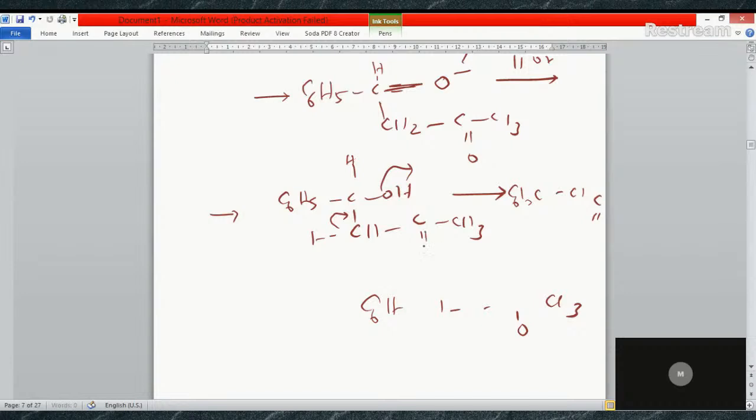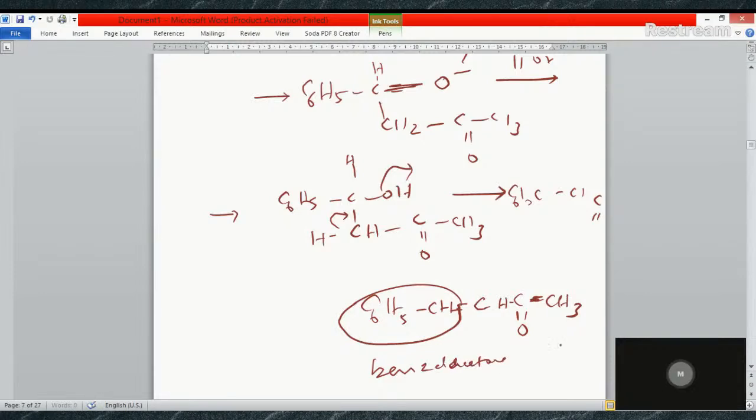The compound written here is called benzoyl acetone. This group is called the benzoyl group. Here it is a single bond. Benzoyl acetone is made, also known as benzylidene acetone. So in this way, the Claisen-Schmidt reaction can be explained,